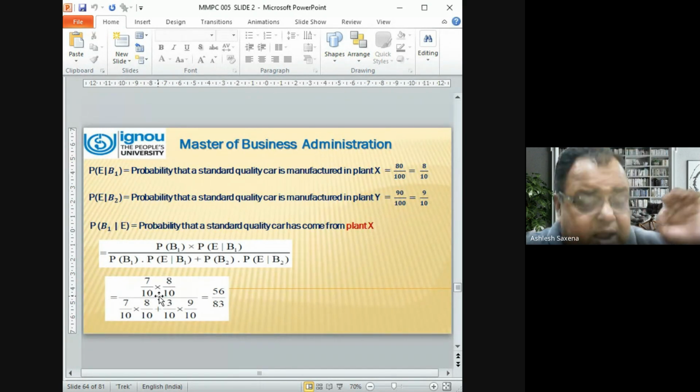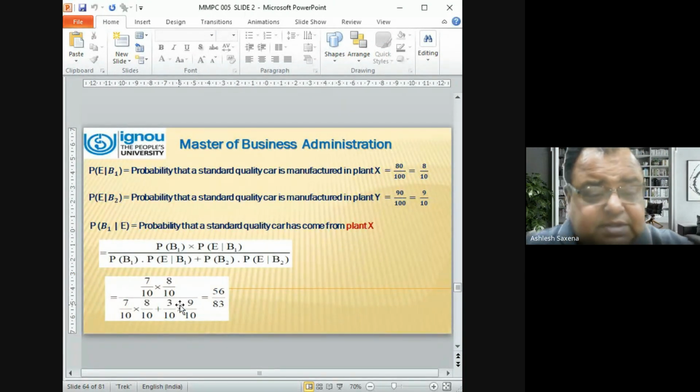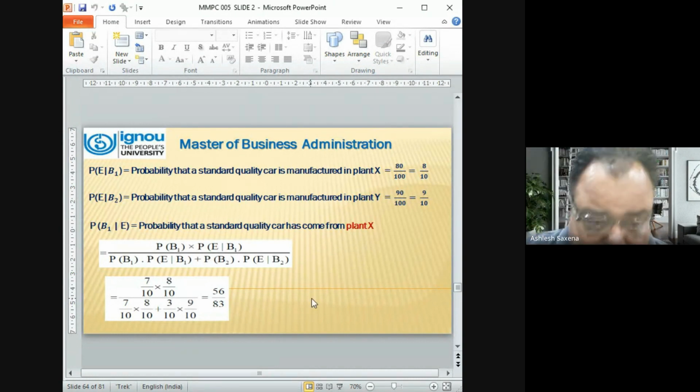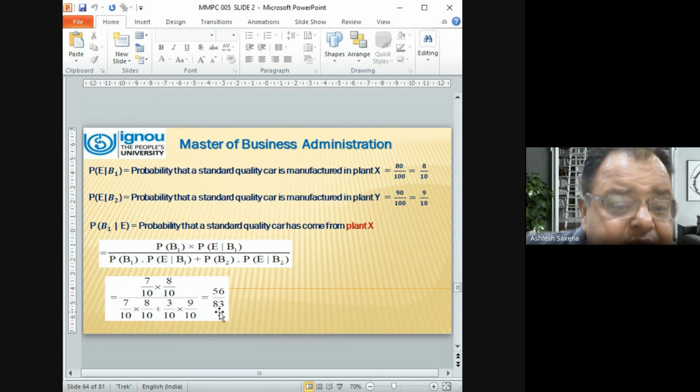ये डिनोमिनेटर सब 10 पे हैं, काटने में सिंप्लीफाई करने में आसानी होती है। अब मैं सिखाऊंगा आपको कैसे होगा ये। अब आप ये देखिए, P(B1) मालूम है आपको 7/10, P(E/B1) ये रहा 8/10। अब डिनोमिनेटर के अंदर ये तो एज इट इज उतारिए और दूसरा वाला जो बचा हुआ है 3/10 इंटू 9/10, इनको आप लिख दीजिए। अब देखिए करना क्या है, जब आप इनको मल्टीप्लाई करेंगे तो न्यूमरेटर में आ जाएगा 56/100, यहां पर भी आ गया 56/100 प्लस 27/100। डिनोमिनेटर तो सबके 100 ही आएंगे, तो मैं 7 इंटू 8 56 और इन दोनों का प्रोडक्ट प्लस, 56 प्लस 27 होता है 83।